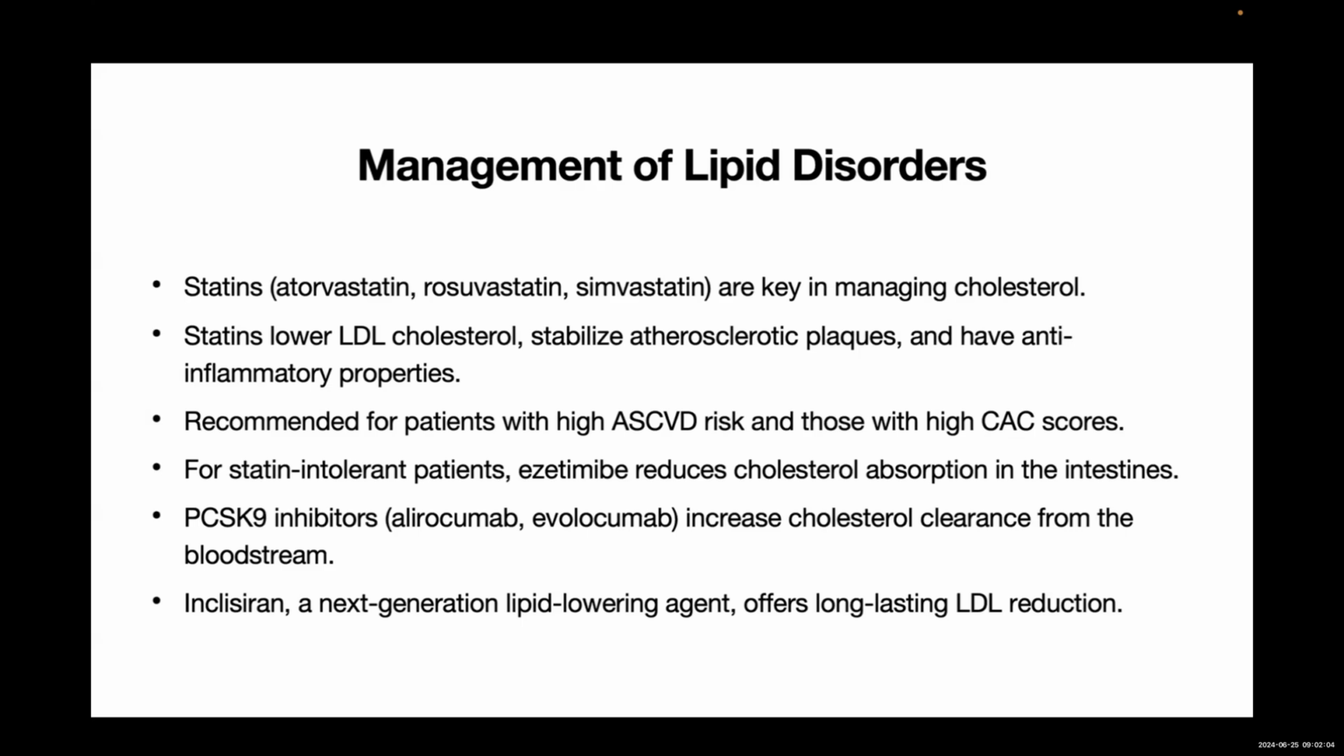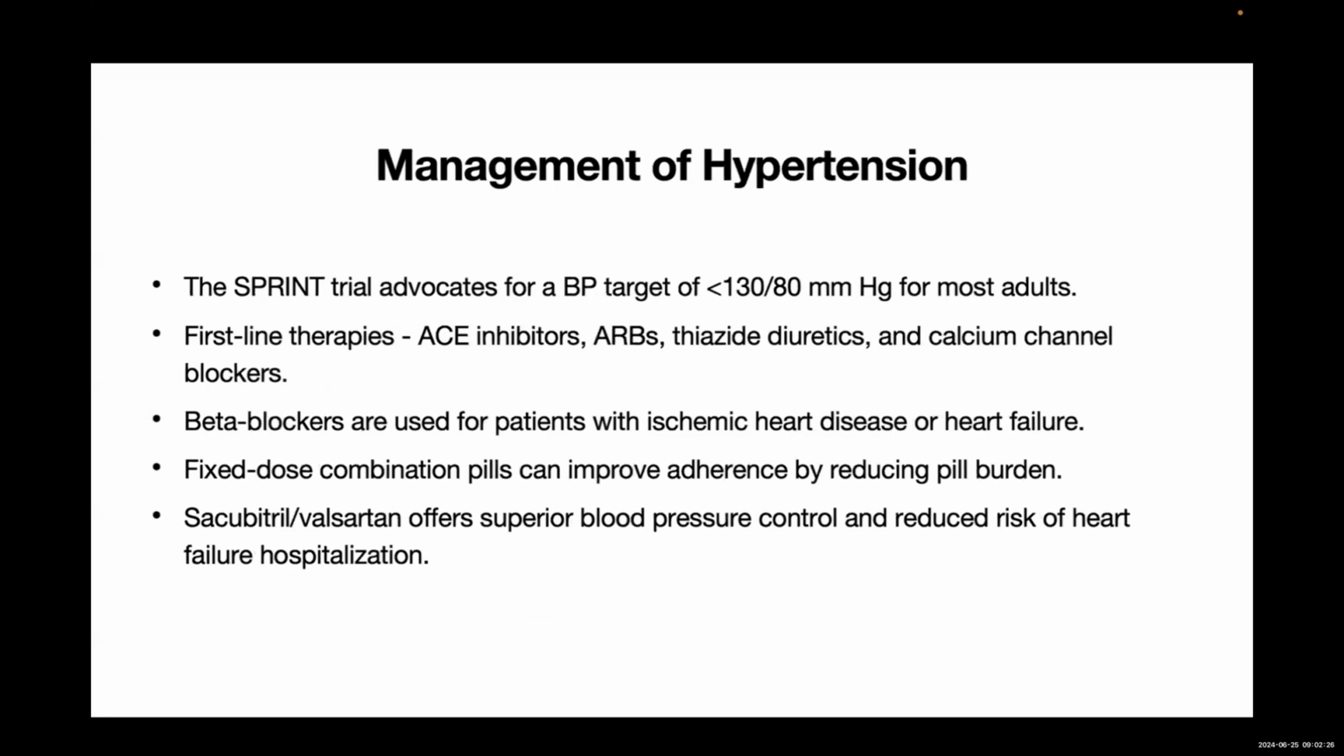The development of novel lipid-lowering agents such as inclisiran, which is a small interfering RNA that targets PCSK9, is offering promising avenues for patients with refractory hypercholesterolemia. These agents provide long-lasting LDL reduction with fewer side effects. However, further trials are awaited. Coming to the management of hypertension, the SPRINT trial advocates a BP target of less than 130 by 80 mmHg